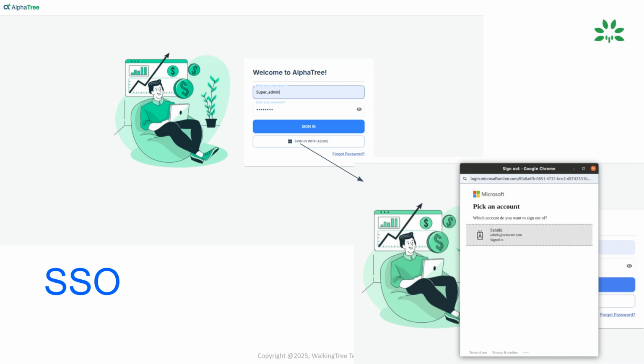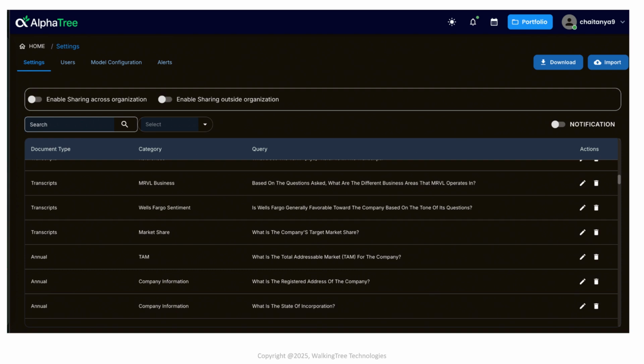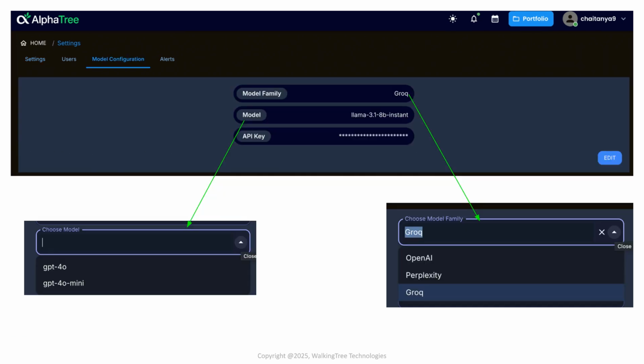We enable SSO through Microsoft Entra ID, ensuring a unified and secure access experience across systems. Within AlphaTree settings, users can configure document types and queries to retrieve the knowledge typically expected from those documents. The model configuration allows for selecting different model families and specific models like Grok, OpenAI, or Perplexity, with corresponding API